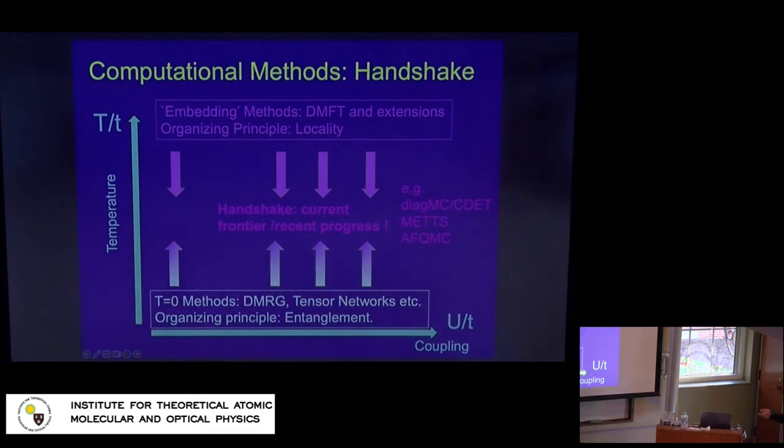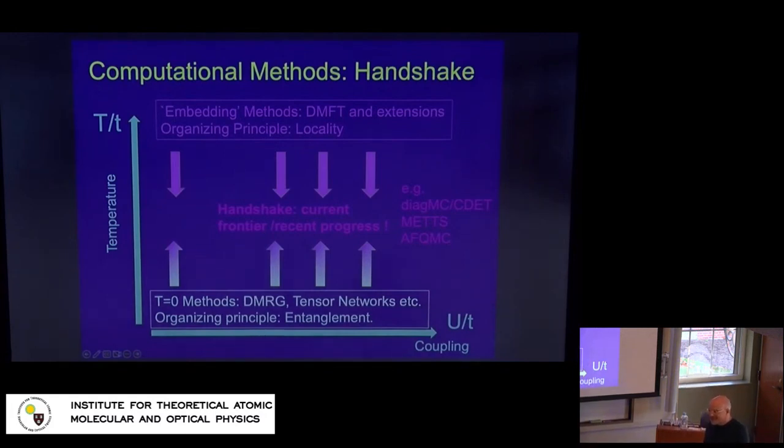For many years, this method, which is of course remarkable and very, very productive and very efficient, was confined to zero temperature. But one of the things that has happened in recent years is that there have been extensions of these wave function based methods combined with sampling ideas to move to finite temperature. So if you want, this is sort of the bottom up way of approaching the problem. There is another class of methods which look at this problem in a completely different way.